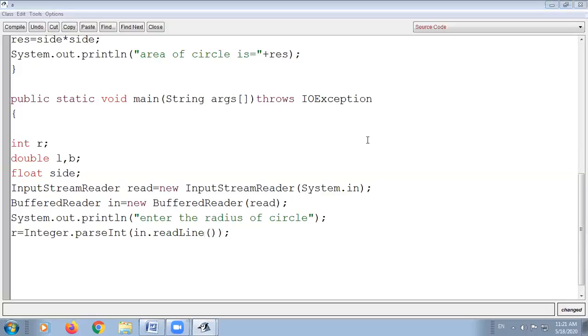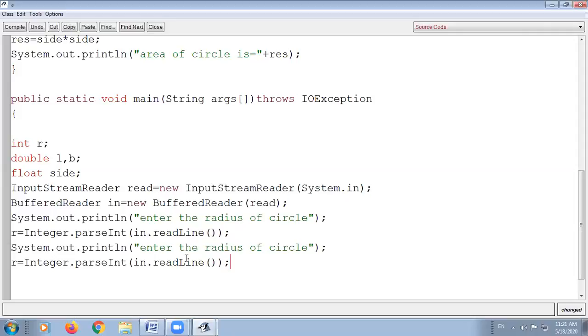Next statement you will accept from the user is to enter the length and breadth of the rectangle, because you have to calculate the area of the rectangle.